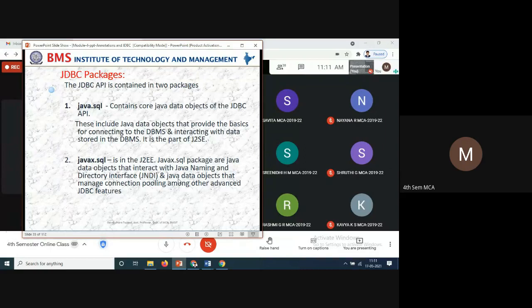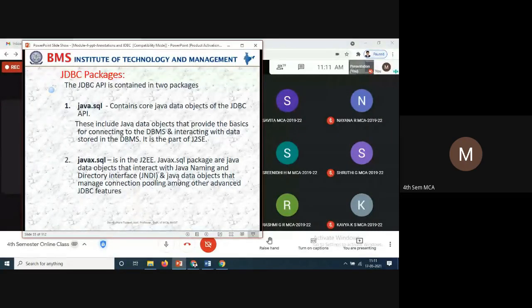JNDI is nothing but the Java Naming and Directory Interface. It also has Java data objects that manage connections, pooling, and other advanced JDBC features.